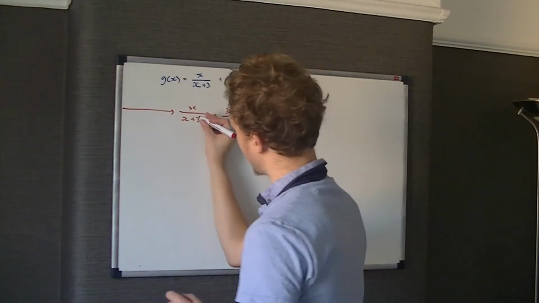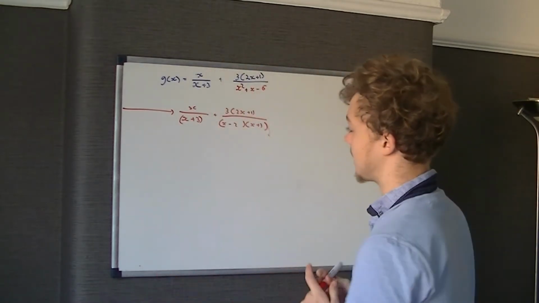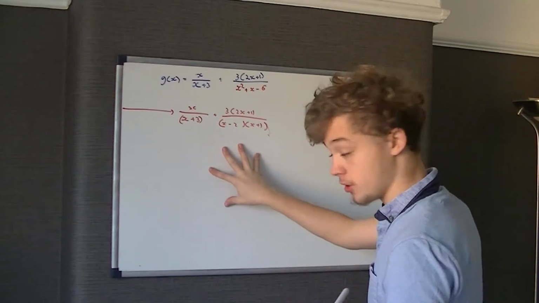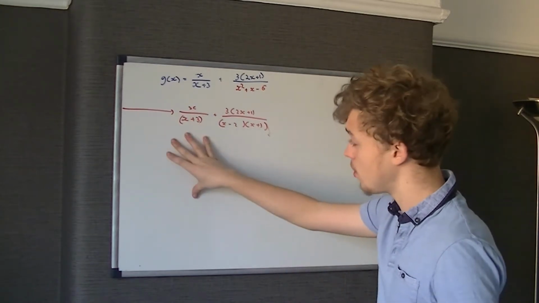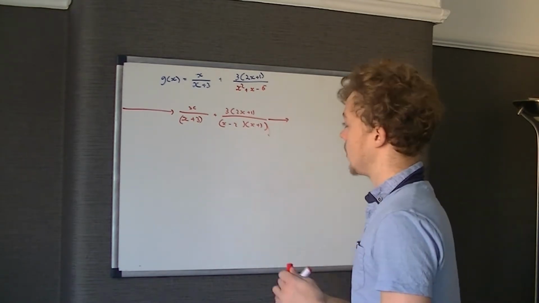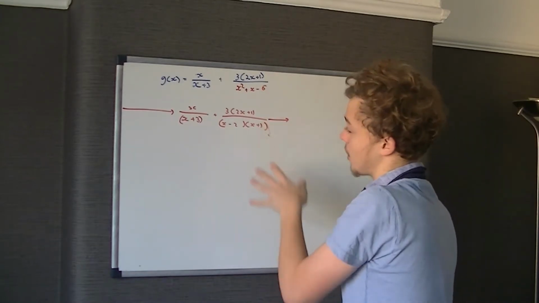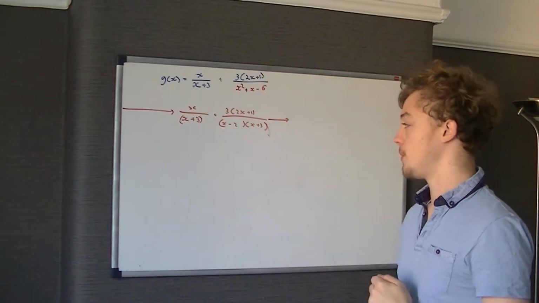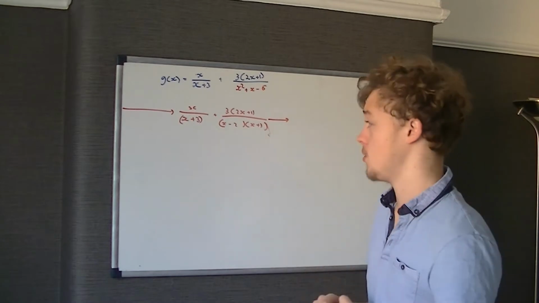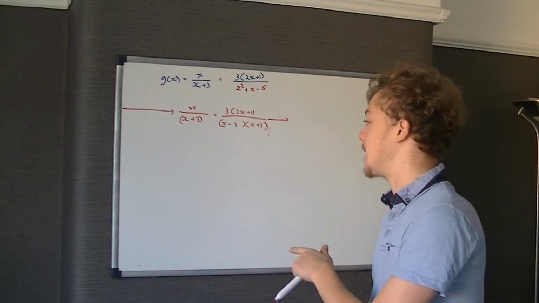So we've got a common denominator of x plus 3. However, on the right hand side, we've got x take 2. So we're left with what I was saying before, where we've got 2 factors on the bottom of one fraction and only one of the factors on the denominator of the other fraction. So what we need to do, we don't need to times the second fraction, because that's what most people would do. Most people would go, okay, I'm times this by something, I must times the other fraction by something. Well, you don't need to, because this fraction is already times by x take 2 and x plus